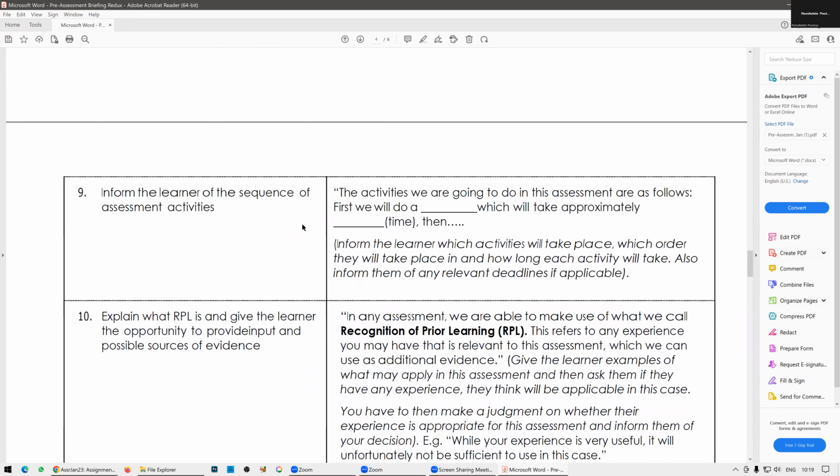So it's like a licensing. It's also then why you do this assessor course. Okay. Then here at number 9, the sequence of the assessment activities is first you will be doing with